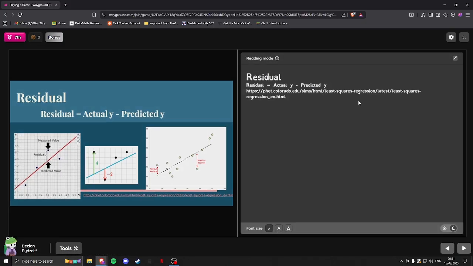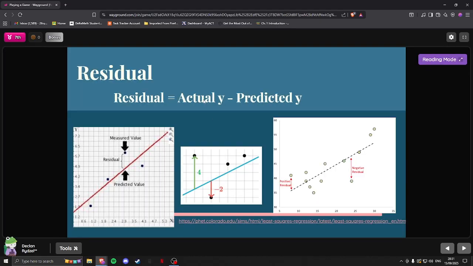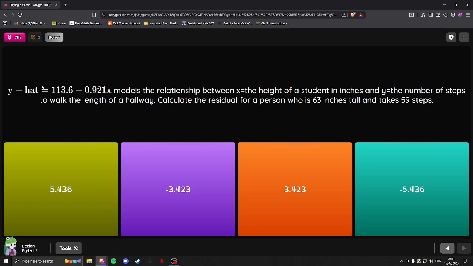Okay, so as it says, the residual is the actual y value, so the measured y value, minus the predicted y value by the regression line. So on this one, the regression line is y hat equals 113.6 minus 0.921x. So the x is the height of the person, and the y is the number of steps that they take to walk the length of a hallway. So calculating the residual for a person who's 63 inches tall